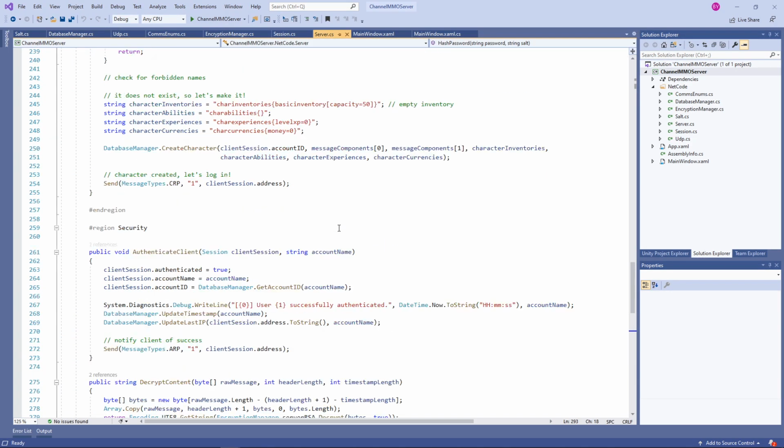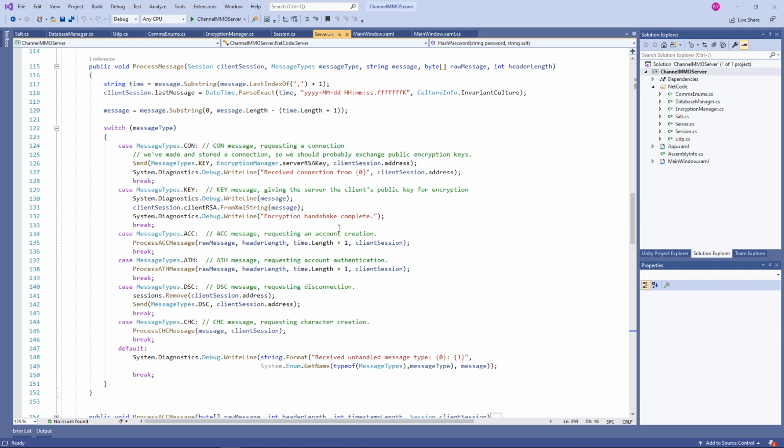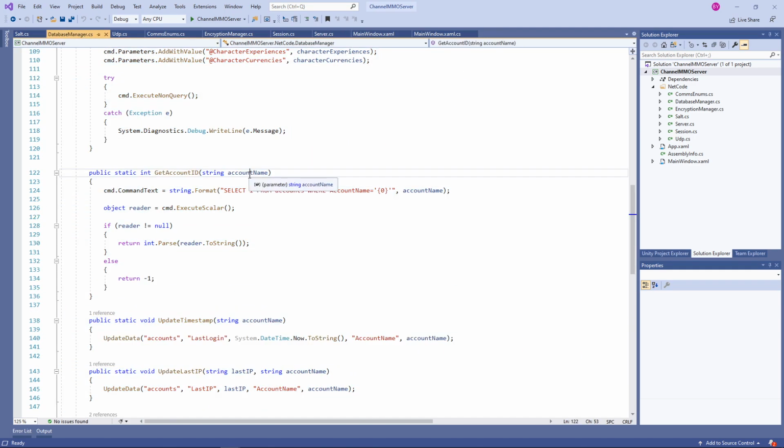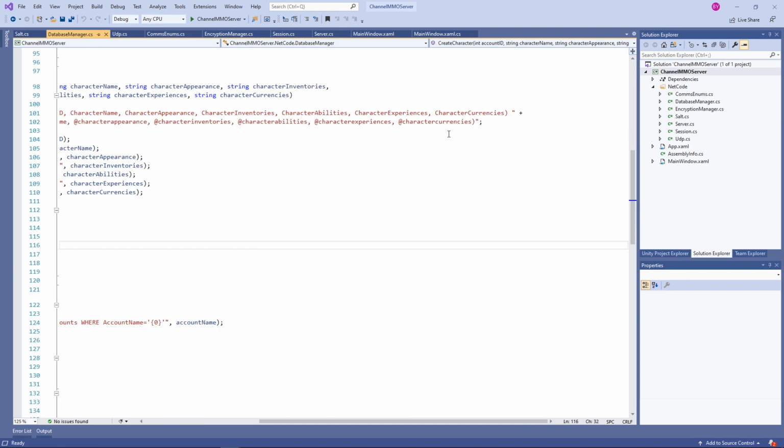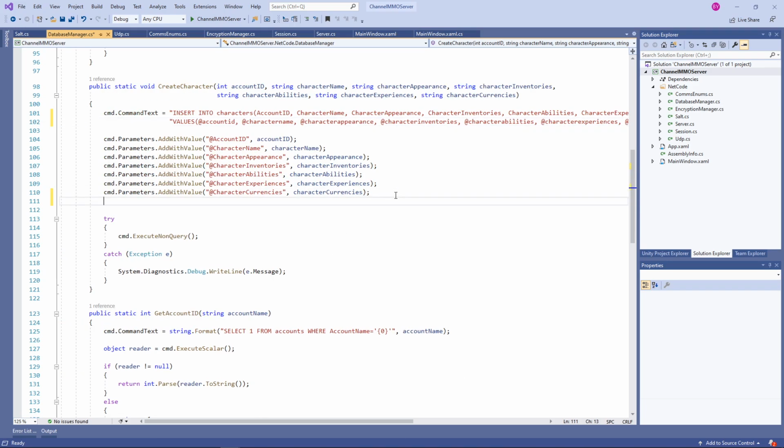So the first thing that we need to do is go to create character, which I believe is in database manager here. Yes, indeed. And we're going to need to add in another parameter here. This is going to be character stats, like that. And then at character stats. Wonderful. And we're going to add in another parameter here,